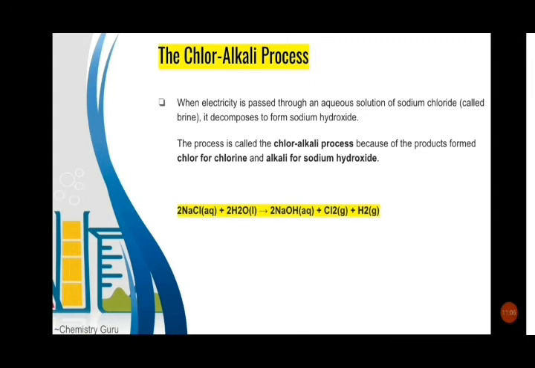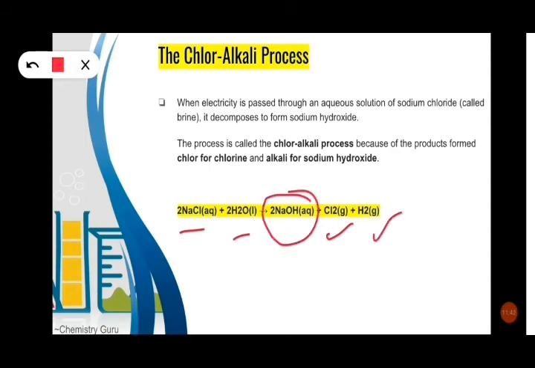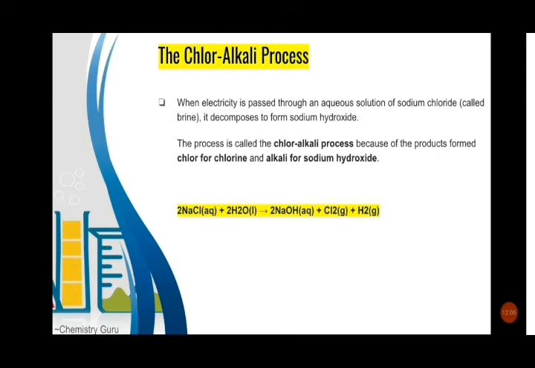Now there is a logic behind why it is called the chlor-alkali process. Chlor basically stands for chlorine. It is used here because of chlorine, which is formed as one of the products. So we can see here that NaCl is combining with water, and when we are passing the electricity, it decomposes to give sodium hydroxide, with chlorine released as gas. And alkali we are using because sodium hydroxide is also produced as one of the products. So this is the chemical reaction.